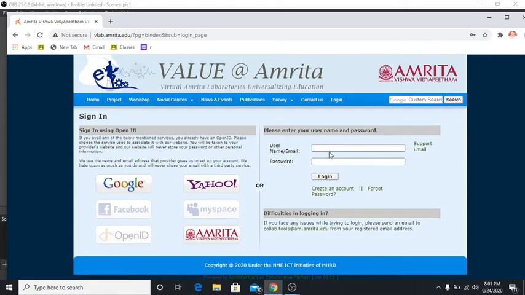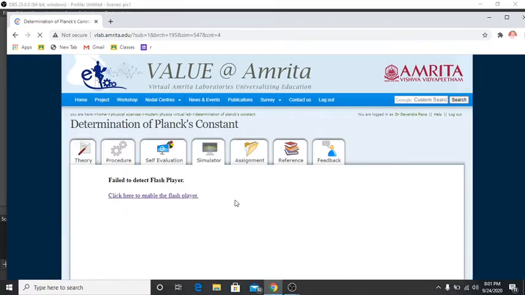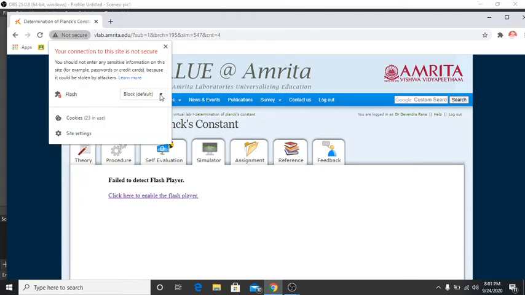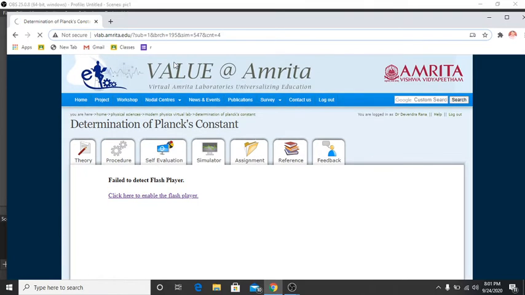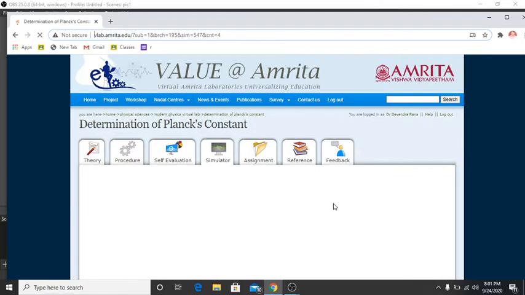So first you have to log in on this site. Here I have already my ID login there, so I use this ID and then put my password. Then I log in, and then it creates the home page, and you have to enable this for the site, and I allow it here. Then you have to reload the page, then it will allow your Flash player to run.